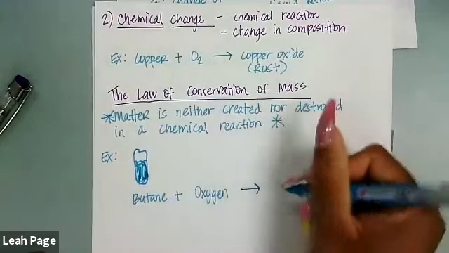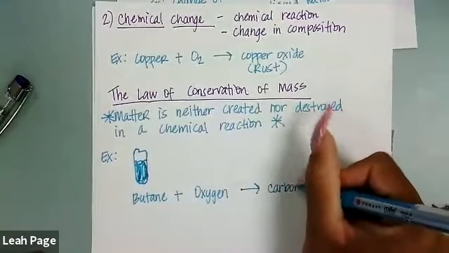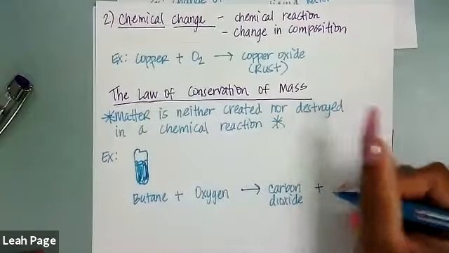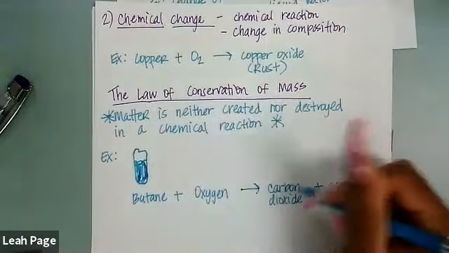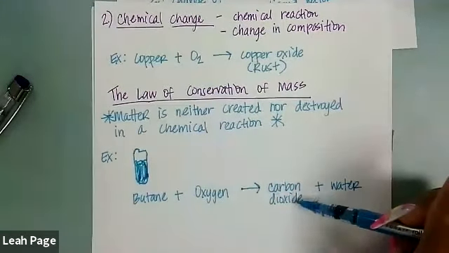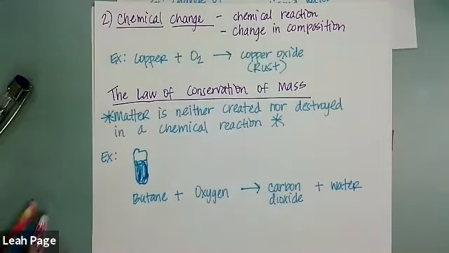And what ends up happening is it forms carbon dioxide and water vapors. All of these are gases except the liquid butane. It forms carbon dioxide gas that we can't see with our eyes, and water vapors, which are also a gas we can't see. And that's what's released every time you use a lighter.